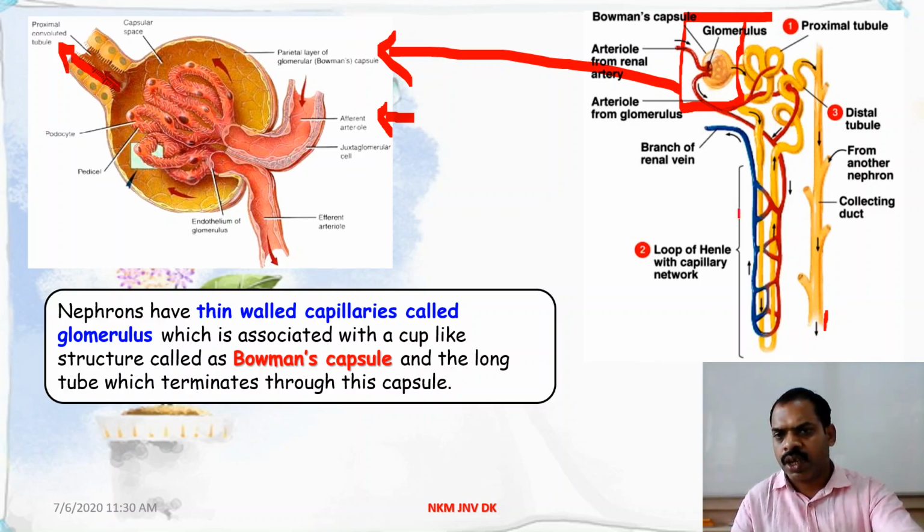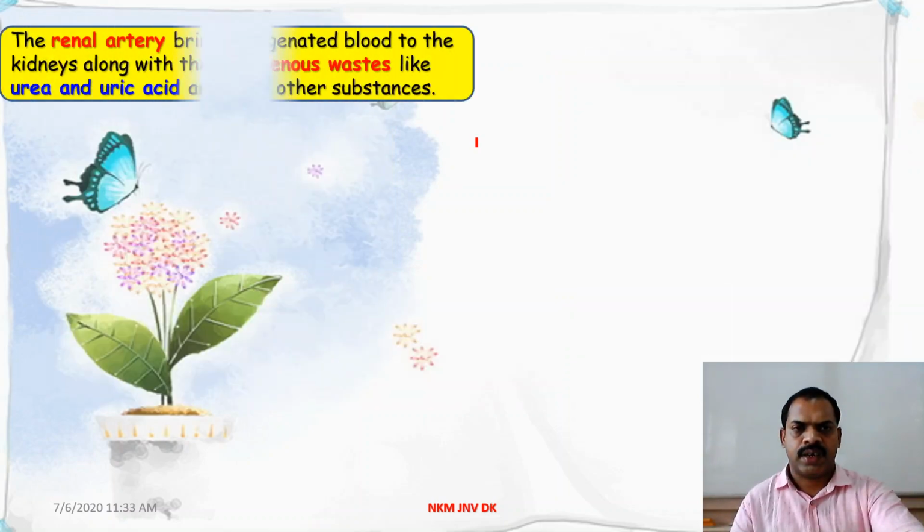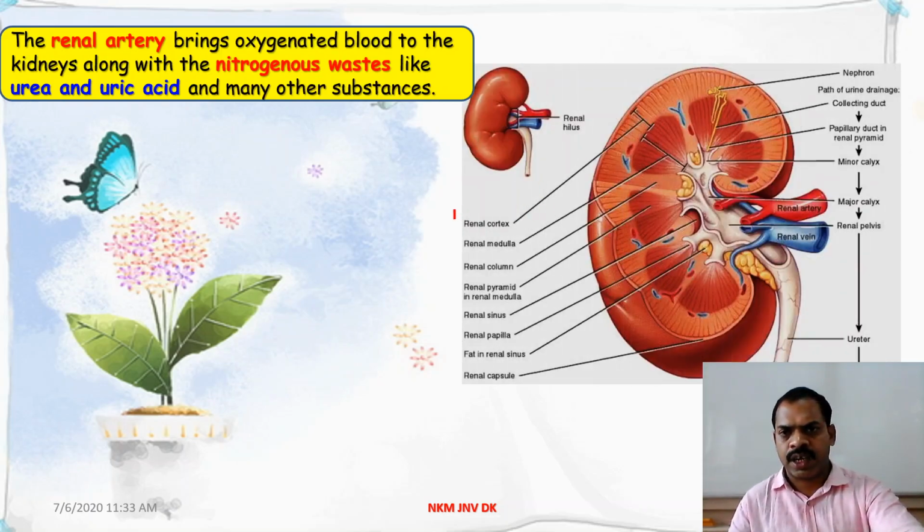When it is passing, what we require, we will reabsorb. So this is what we have to learn here, the role of the glomerulus, that is for filtration. So this is how it happens. Again I am telling the same thing. The renal artery is bringing the blood into the kidney,